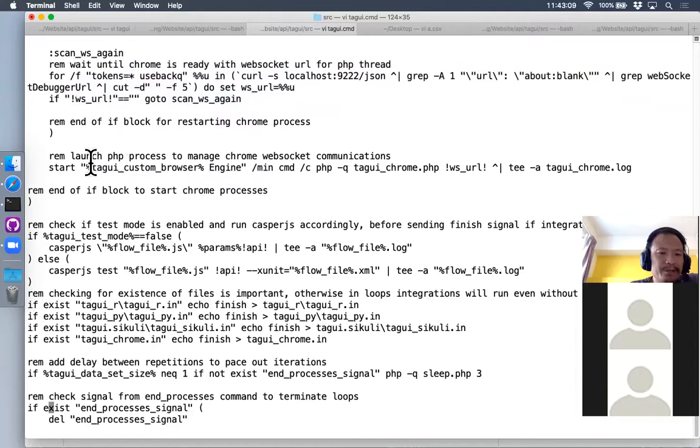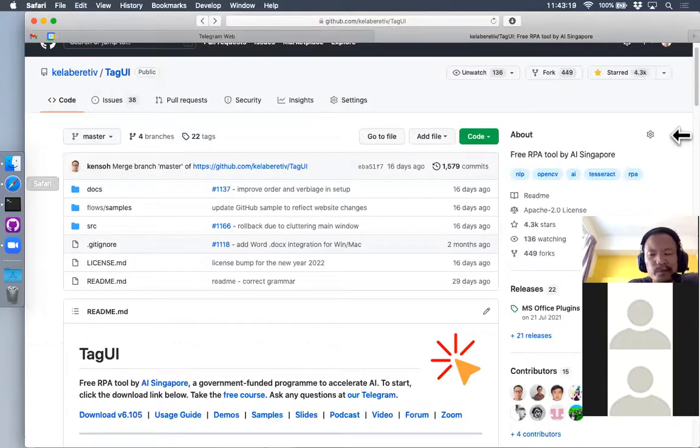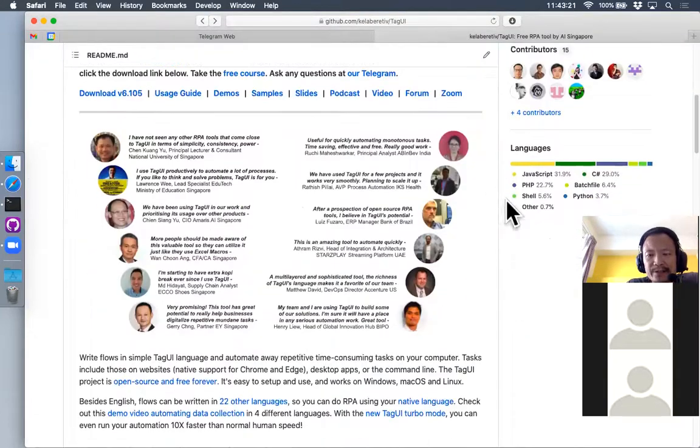Okay, and this part also needs code written to do that. That means having an engine for receiving commands from TagUI. And now going back to what I covered earlier, the different languages, that's precisely the reason why there